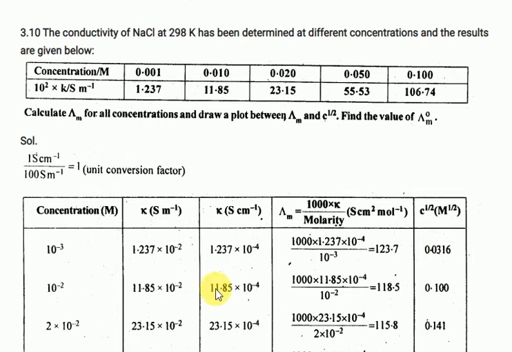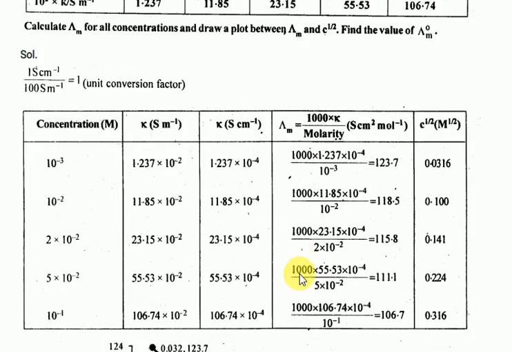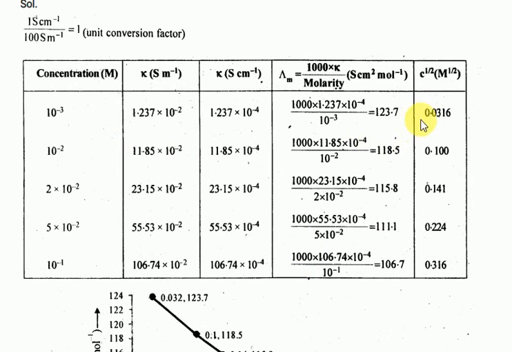It is 0.316. Next, at the power of -2 they have taken the same value and multiplied with this one. They converted from meter inverse to centimeter inverse and applied the molar conductivity formula. Look at the values they have taken. If you consider what happened here, look at the concentration increases. Whenever concentration increases, the molar conductivity decreases.